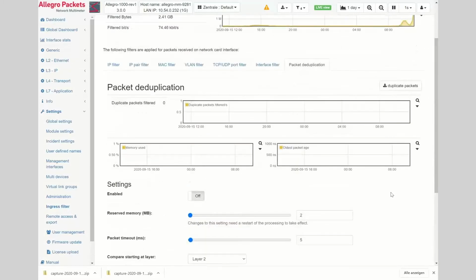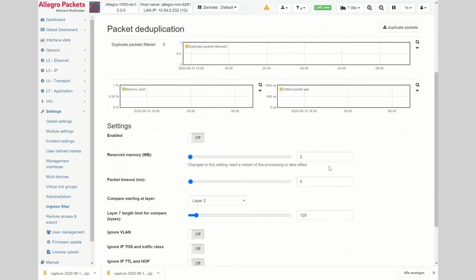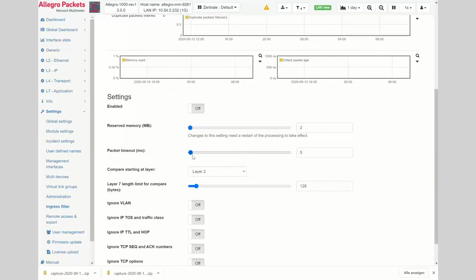Coming back to the deduplication engine. If you activate that, there's of course a hash table where we store all checksums of the packets to detect duplicates. You can configure the timeout in milliseconds from very little to, well, 1 second. If this is not enough, we can even increase this.